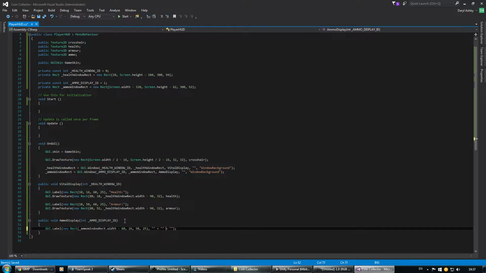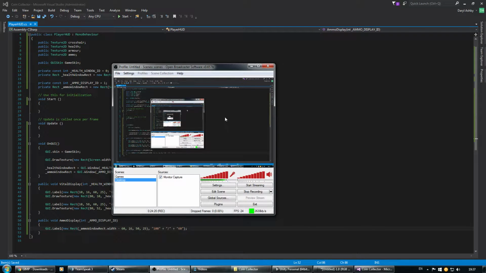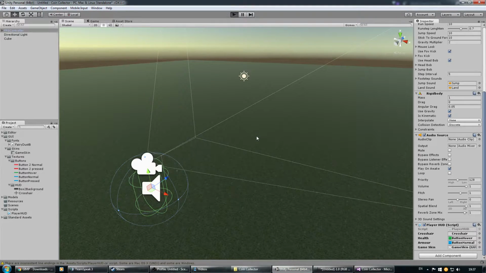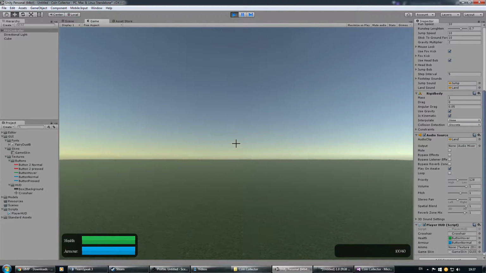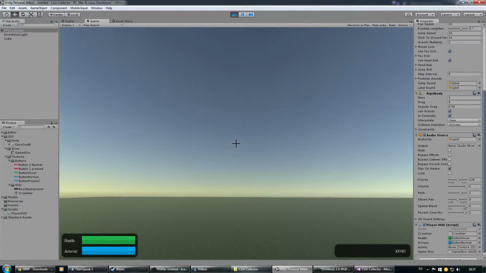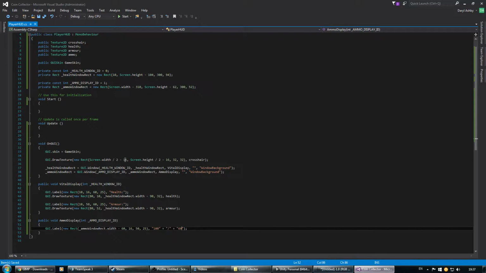this is pretty much just how much is left, so I'm going to say 100 out of, and how much spare ammo, so let's say 60. This is 60 spare. Let's just see how that looks. I think I might need to add more spacing in there. 100 out of 60. Yeah, display's fine. And then all I have to do is just do